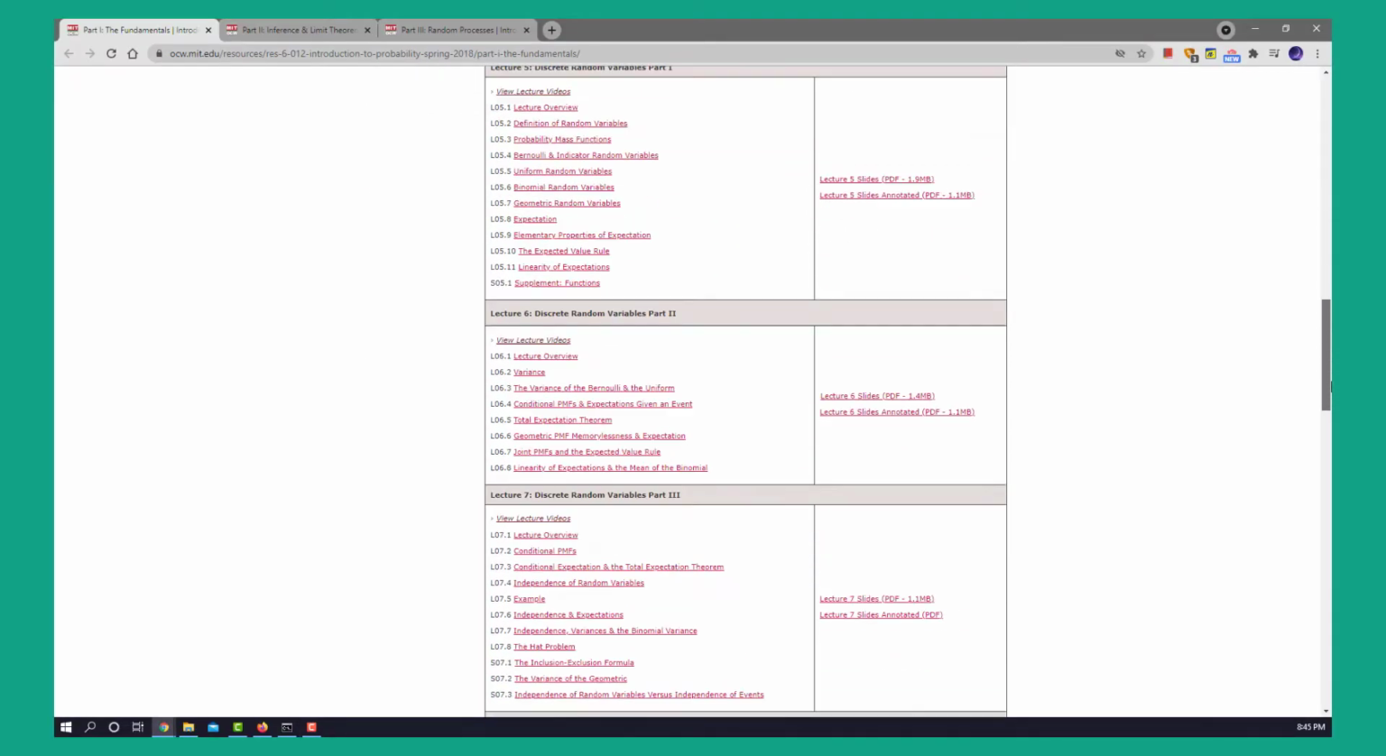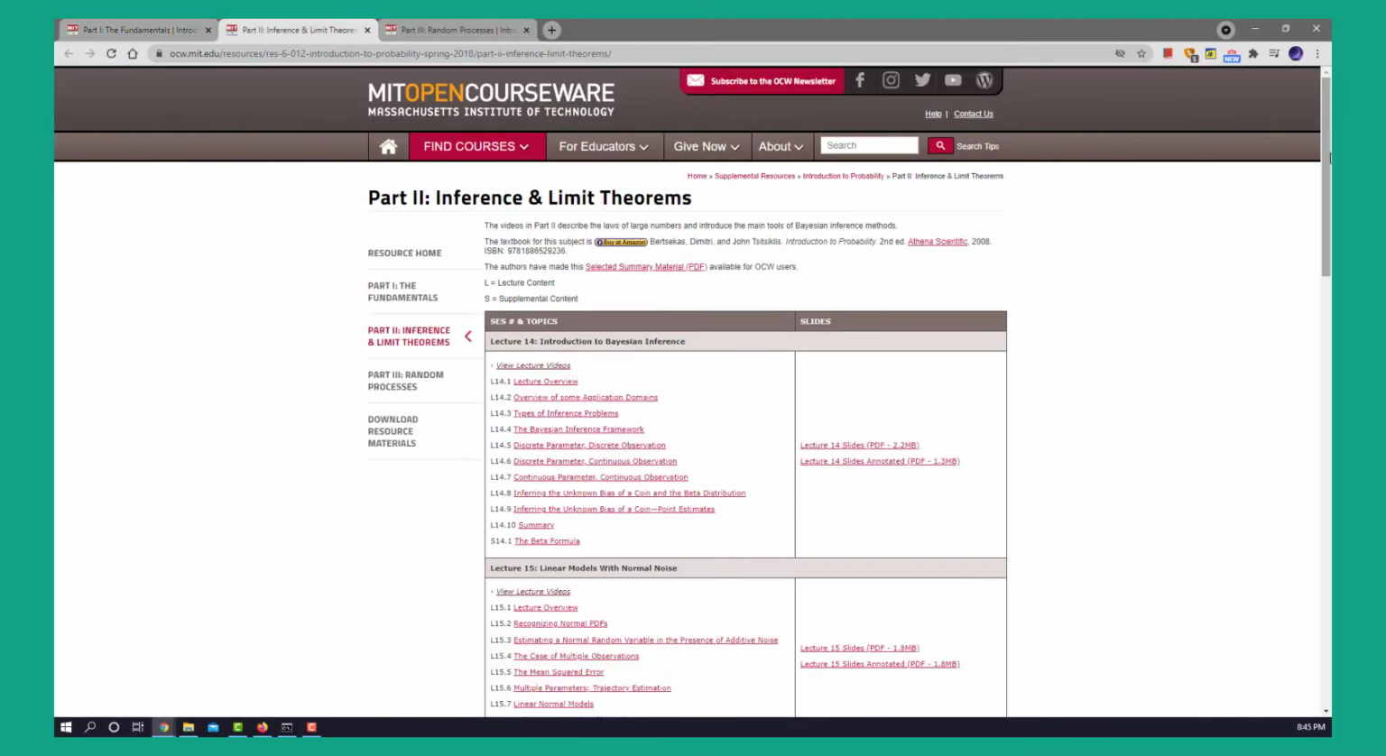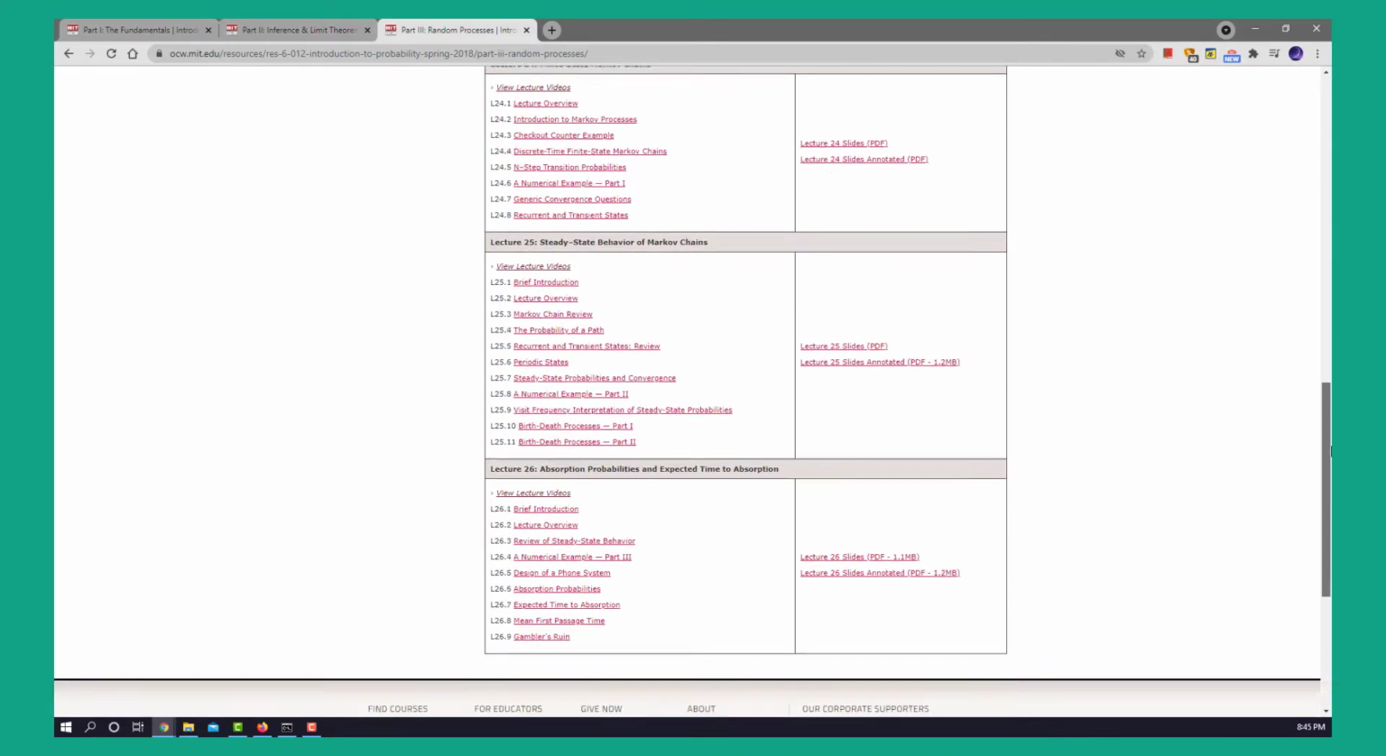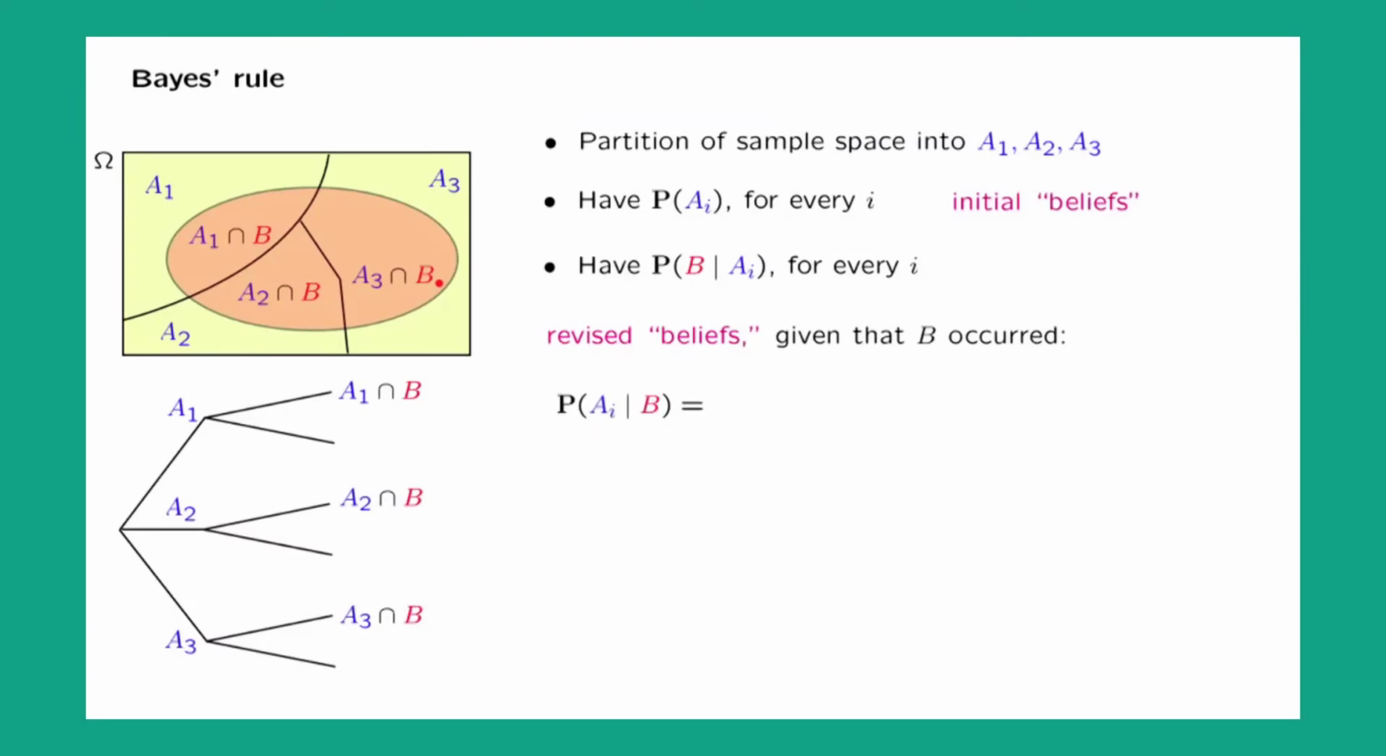How do we revise our beliefs? By calculating conditional probabilities. And how do we calculate conditional probabilities? We start from the definition of conditional probabilities. The probability of one event given another is the probability that both events occur divided by the probability of the